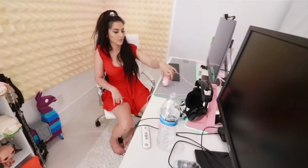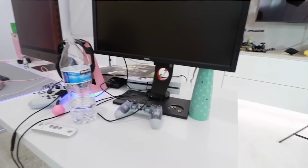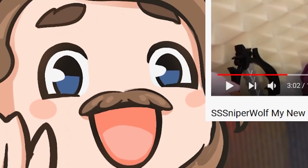I got my pretty Razer mouse and my iMac gaming setup. Don't worry guys, there's a PlayStation under here. I have posters that I have to hang up. I got these from Anime Expo and I'm super hyped about them. They're Attack on Titan posters. I just gotta find a place to stuff. So these are super...